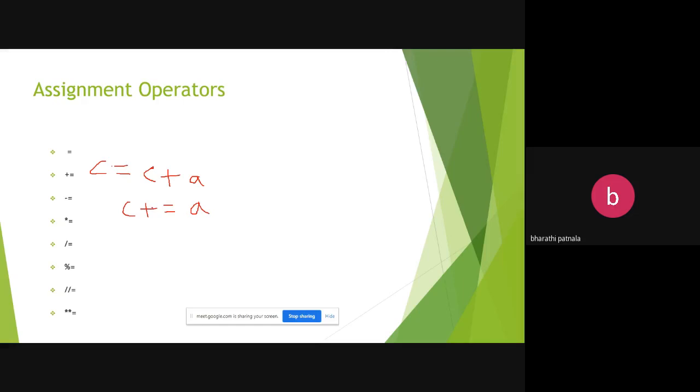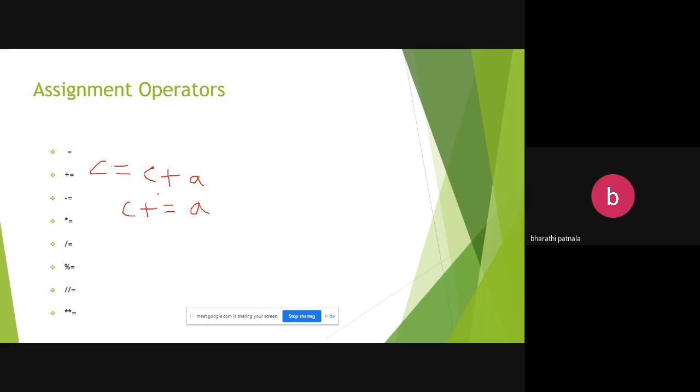That means you are retrieving the content from this variable, adding A to it, and again assigning it to that variable. So here we call it a simple assignment operator.